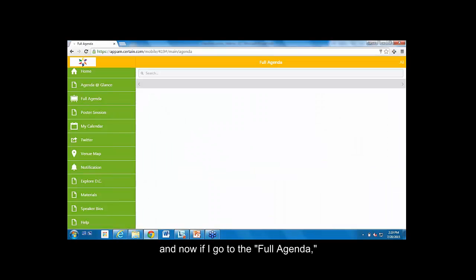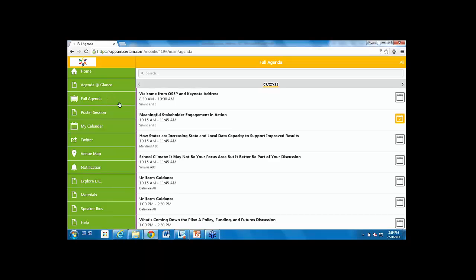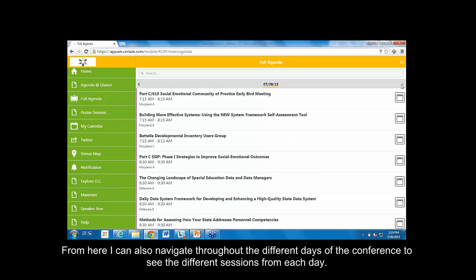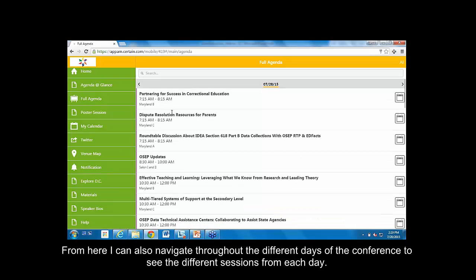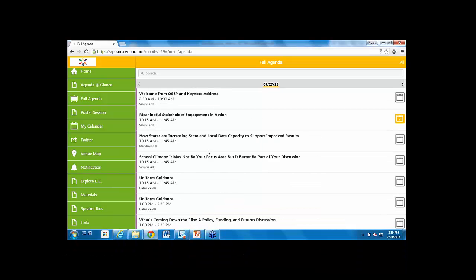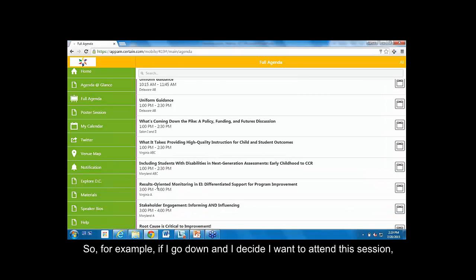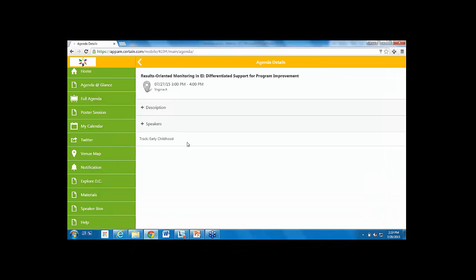And now if I go into the full agenda, I have the option to select different calendar items. From here, I can also navigate throughout the different days of the conference to see the different sessions being used on each day. And so, for example, if I go down and I decide I want to attend this session,